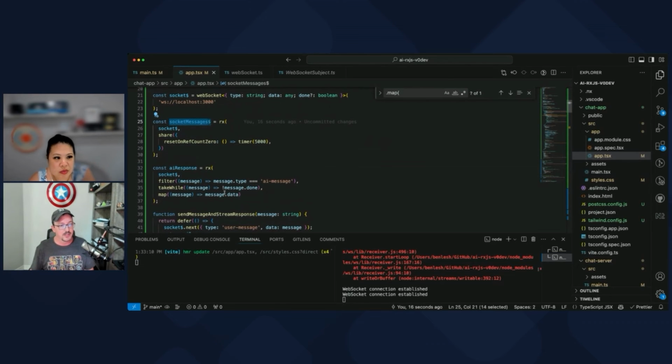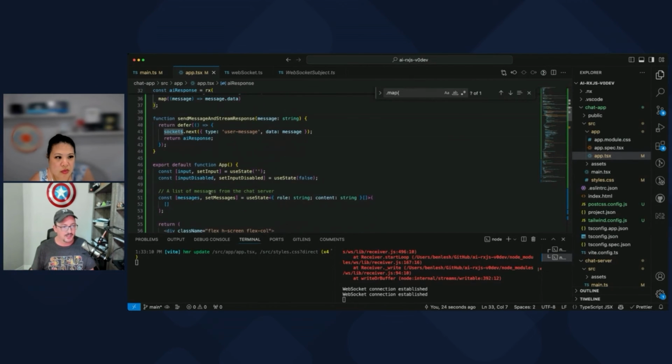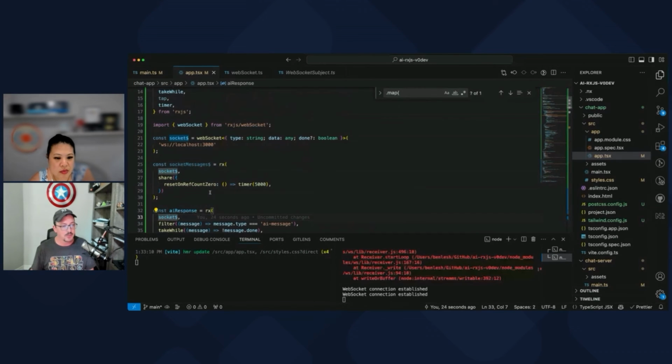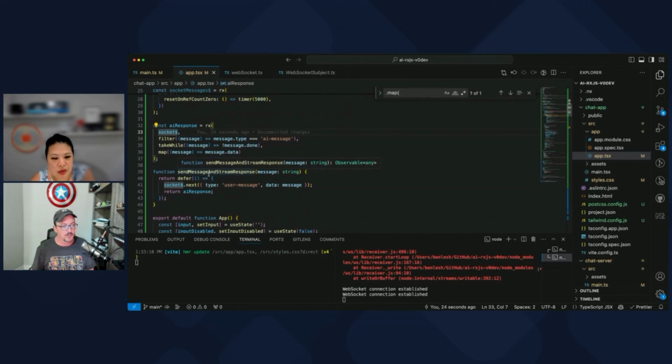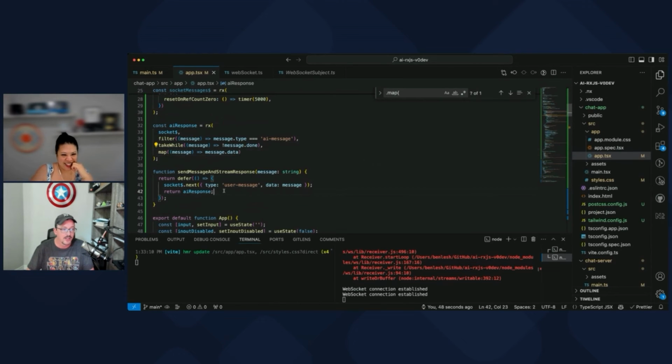And then let's see, what else can we do? So we're filtering it there, takeWhile's there, defer is here. That's fine. I think we're pretty good, with the exception that we want to have this, and if there's a problem when streaming the message, we want to reconnect if there's an error. We want to reconnect when there's an error, like at this part. We can do it here or we can do it here.